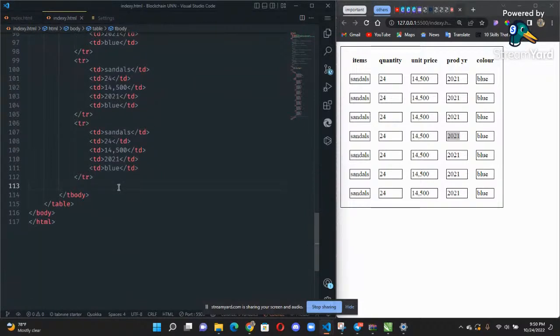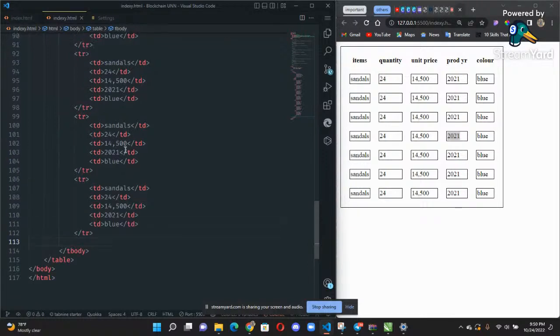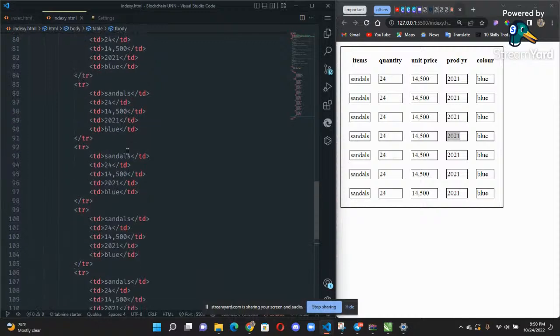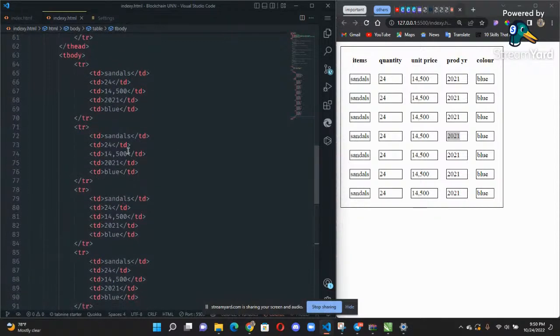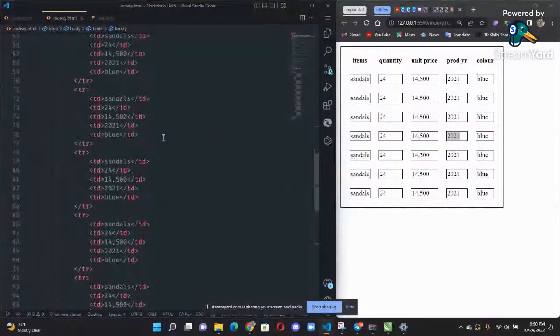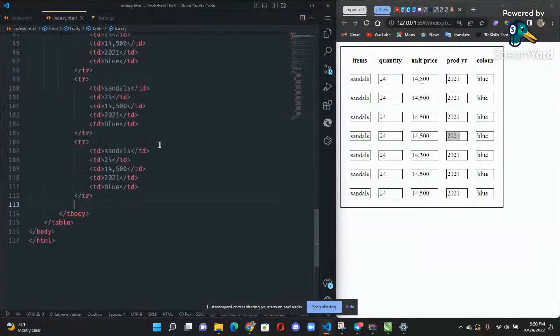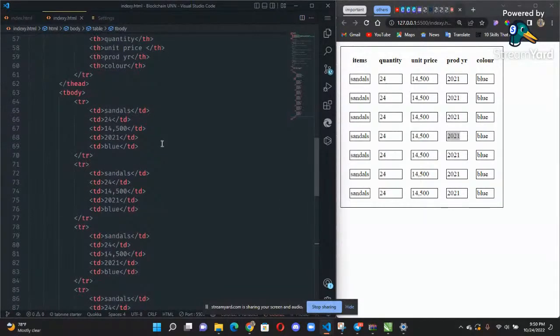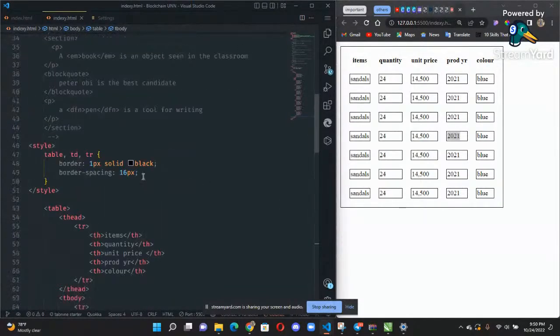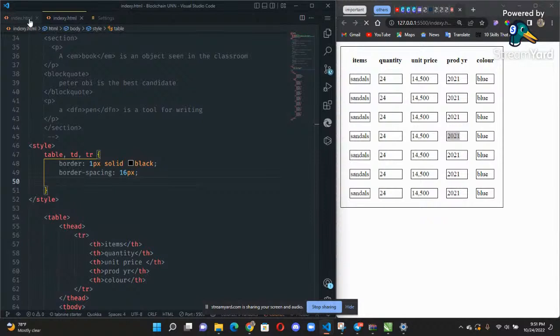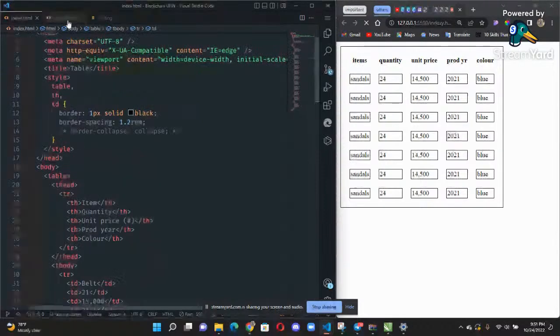So in order not to confuse us more, let's just know that these are the basic elements we use in tables. With this, you should now understand the basics of a table in HTML. We can also style it more by adding, let me say, border-collapse. I already used it here.